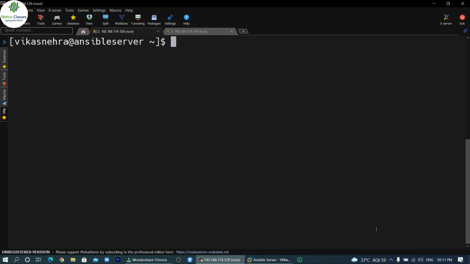Now let's proceed further. The next module is the service module, and when we want to ensure the state of a service, or if we want to stop or start or reload the service, we can use this module. Suppose I want to see the status of the SSH service, I can execute this command like this: ansible. After that I will mention the name of the group, which is my group, -m, and after that I will write service for the module, and I will mention the argument with option -a, and there I will mention everything in the quotes.